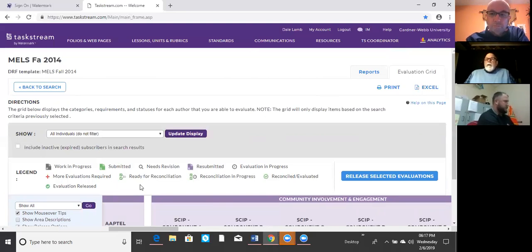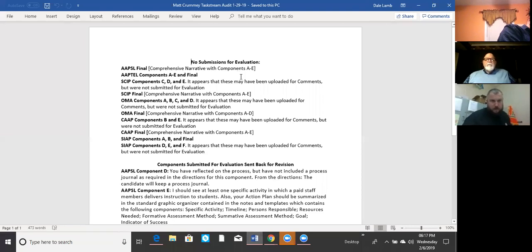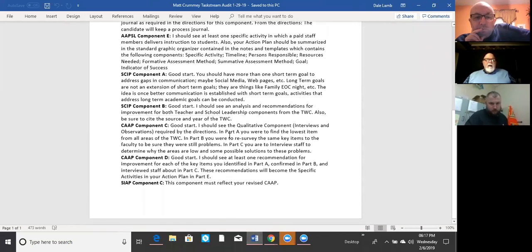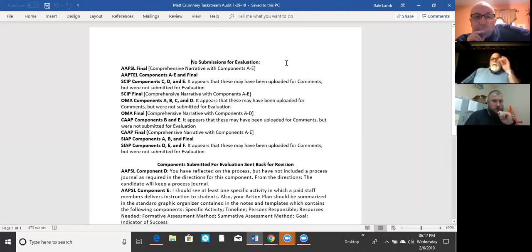All right, so I'm having a new one built for you tomorrow, and we'll get you the information. So what I want you to do, this document that I have here, these are the things that have no submission for evaluation. I did the audit myself. Then, these are things that were submitted but have to be revised. I have the notes that I wrote at the time on all of these. So what you should do is focus on writing the entire thing in one, with all the components in it. We now submit them as a whole group.